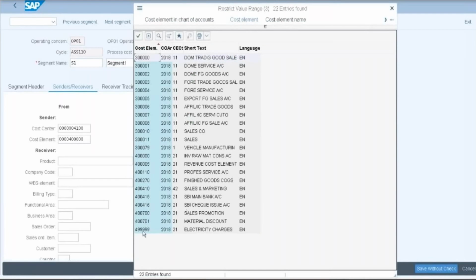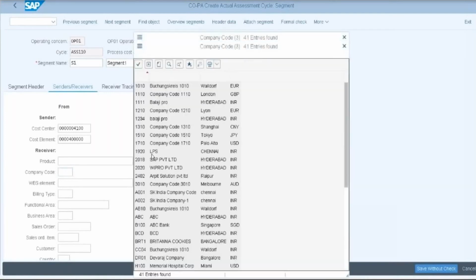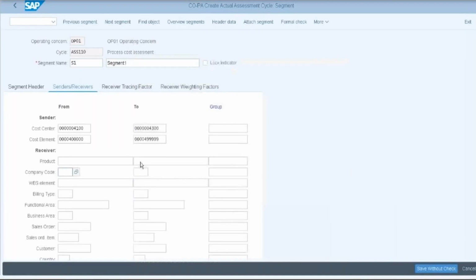Select 2 and click on start search, select the cost element, and select the company code 2018,